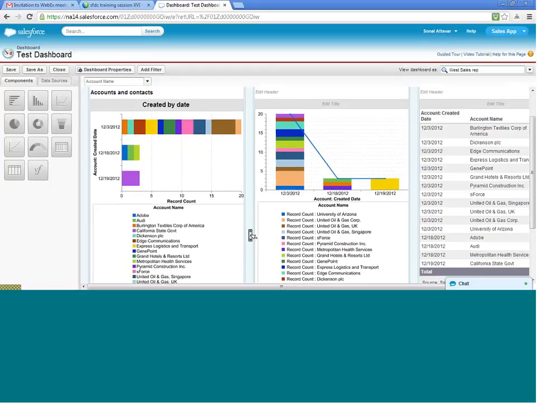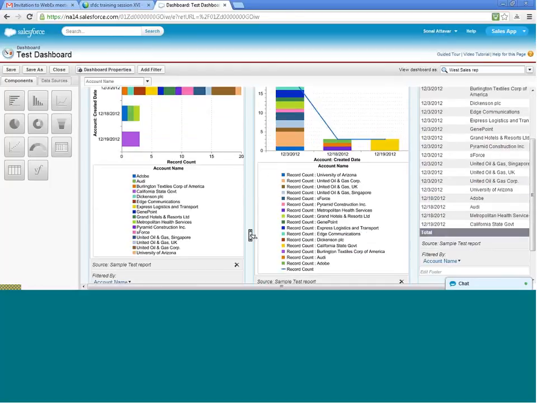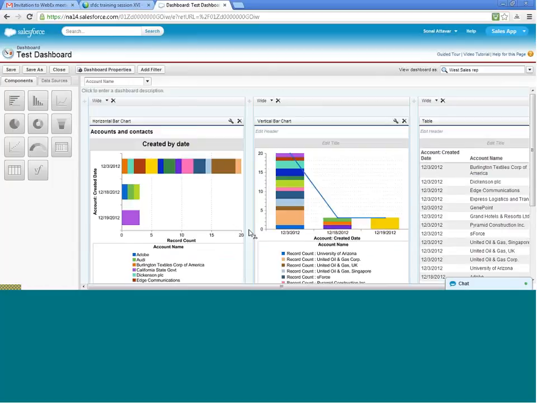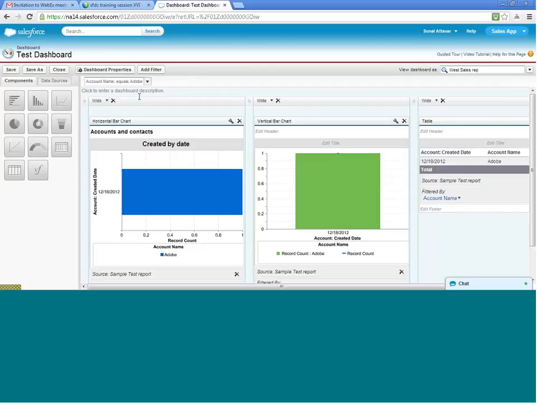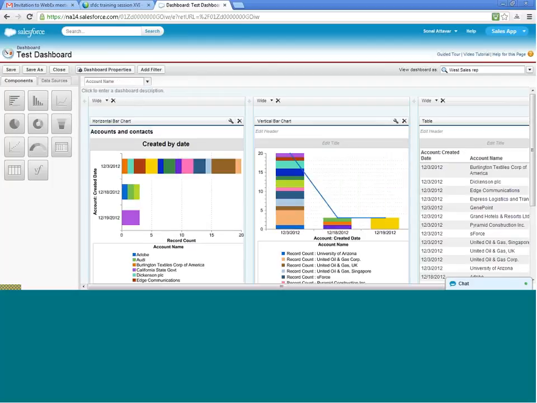So now if you see there is a new pull down menu, right where we had the add filter. So if you click on that, you see that the new values are there. So now save. Okay, so that's that. So all charts will be filtered for just the Adobe values. Right. And we don't have too much data here, so we can't really